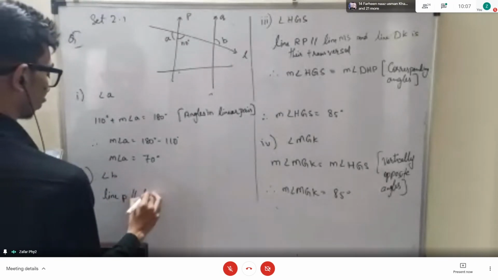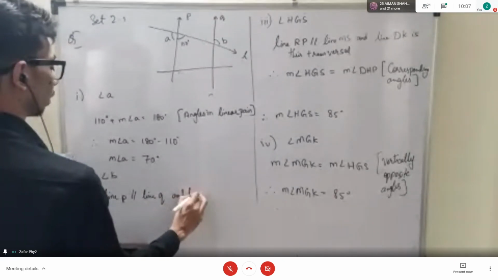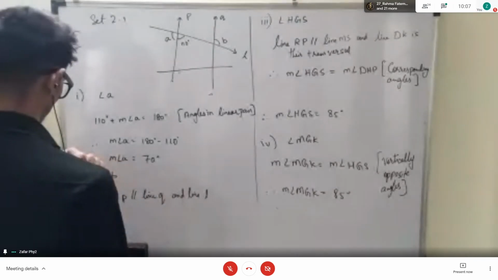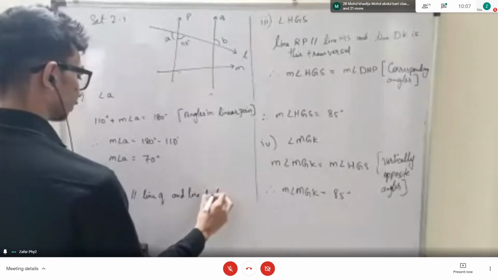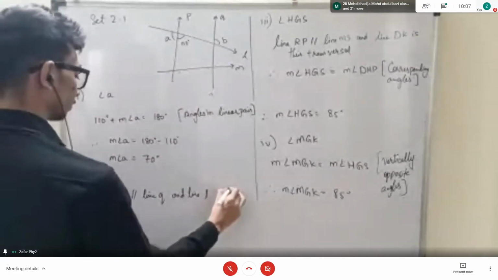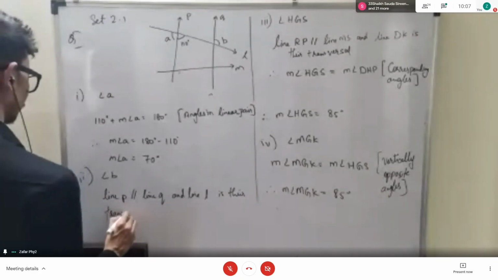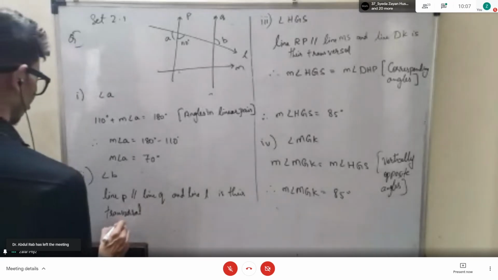Line P is parallel to line Q and line L is it L? And this is M. Line L is there transversal. Okay. So therefore,